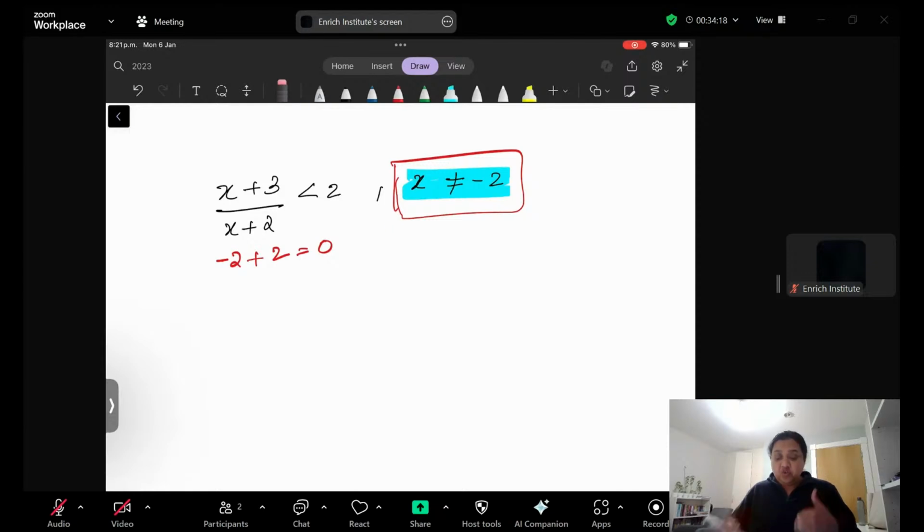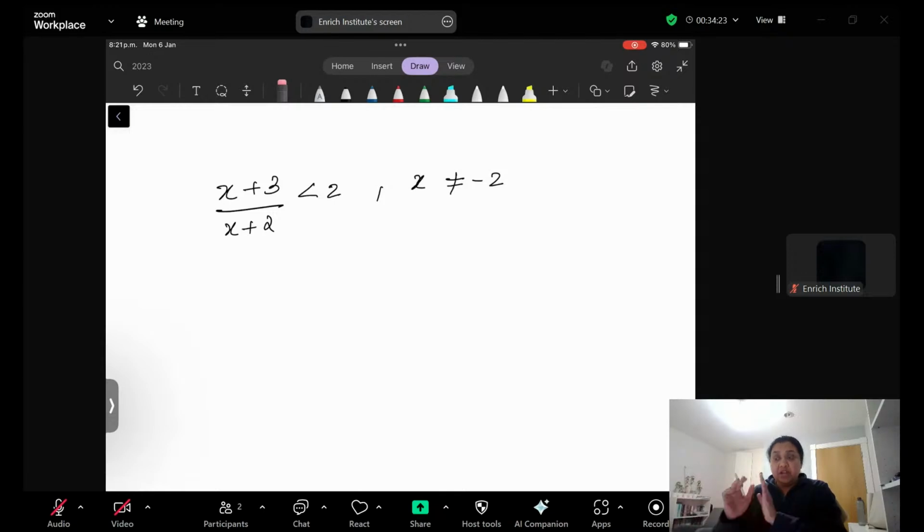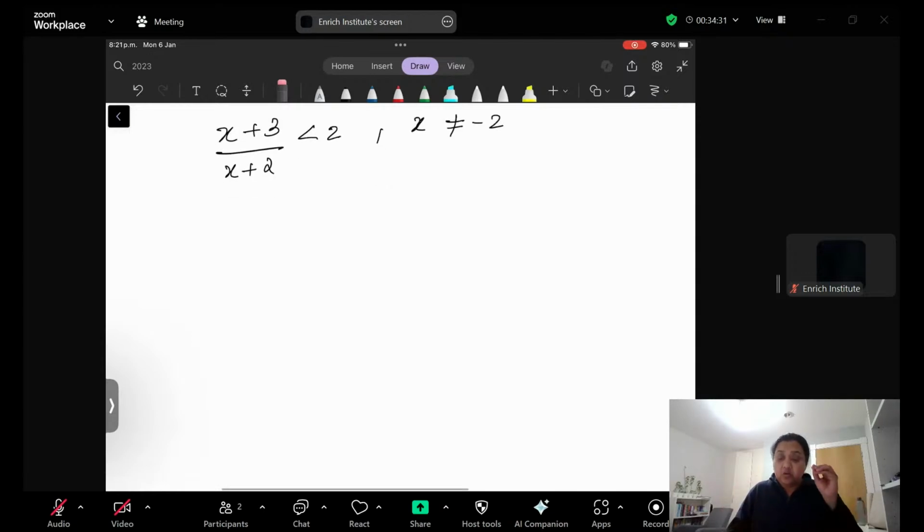But for us to solve, no need to worry about this tail piece. In exam questions, there are many things which you can neglect. Through my session, I will be talking about all these, what you can neglect. You need to focus only on the core things which are required. So here, as soon as you see a rational equation with an inequality, you are going to multiply it